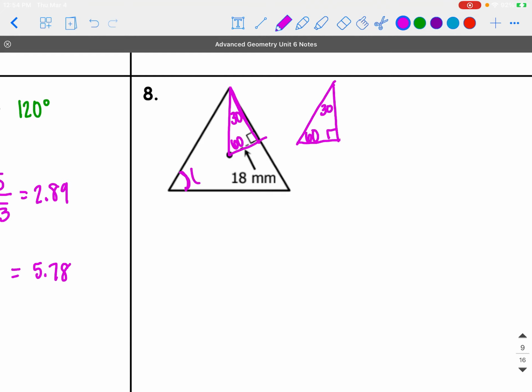So this full angle is 60. Over here, I just had half of it. And that's 18. So I'm given the short leg. I need right here, that's the long leg. So I take 18 times square root of 3,